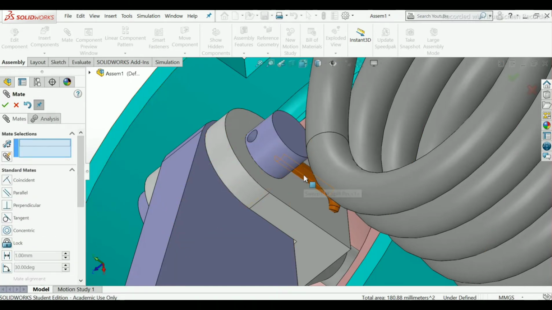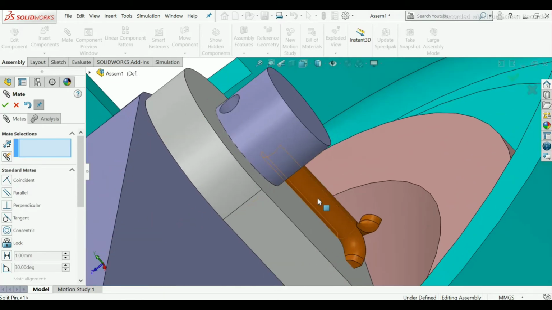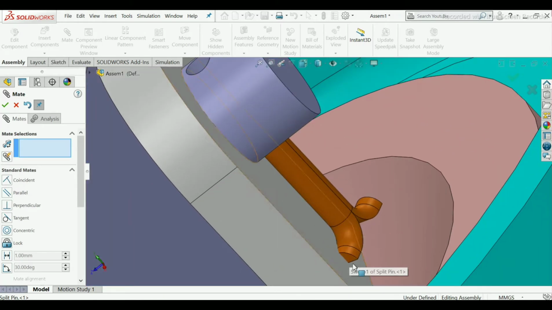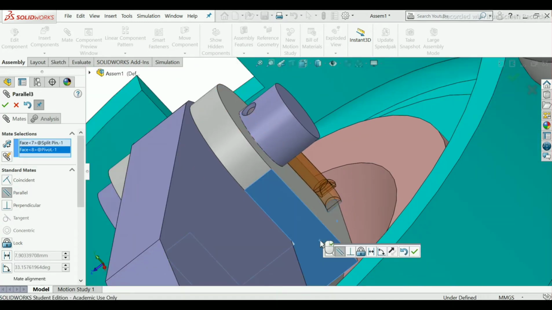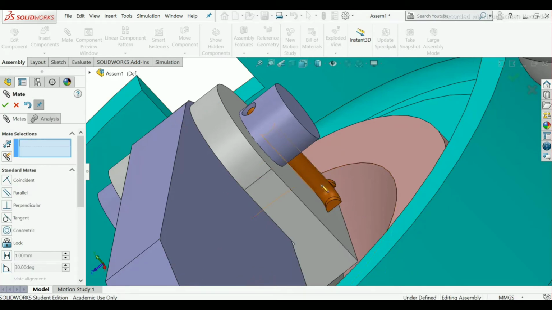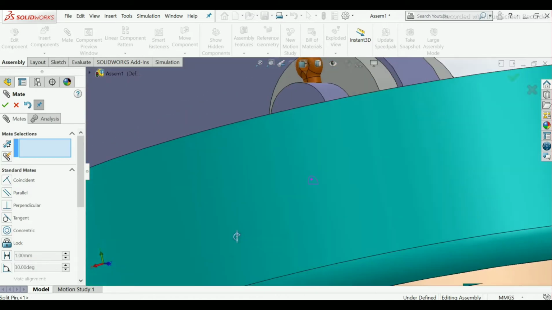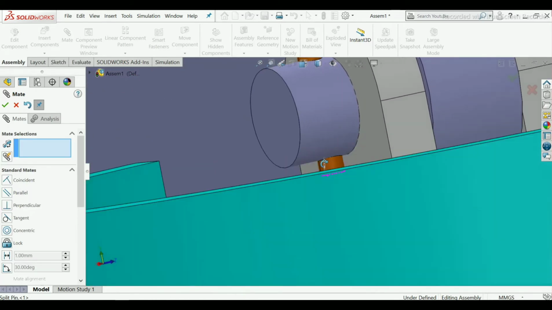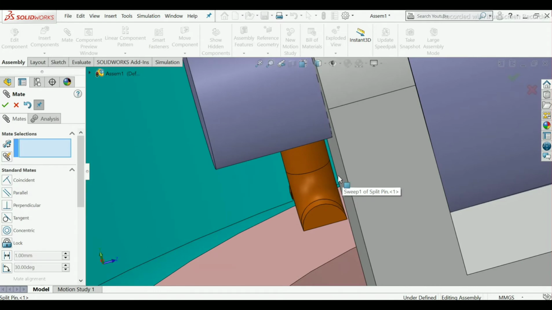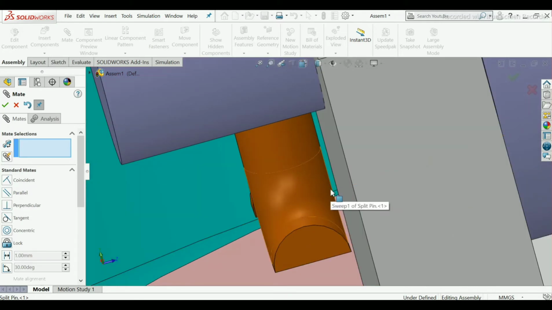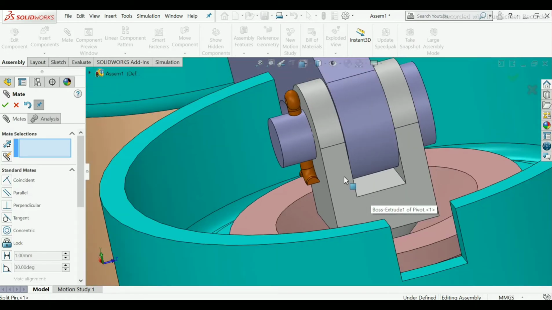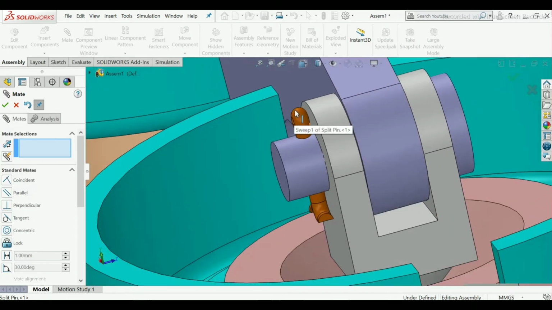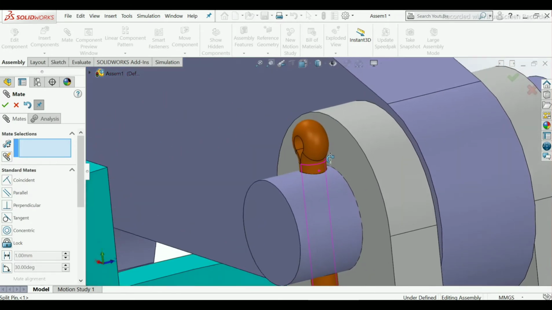Okay. Now select this face and this face, make it parallel. Okay. Make sure there will be some gap here so that our pin will not stick here. It is in under defined condition only, keep it as it is.